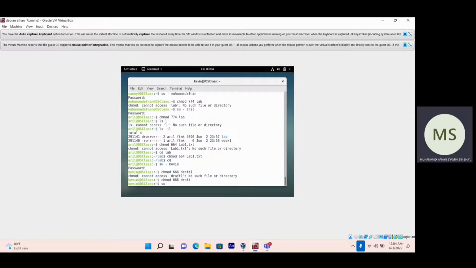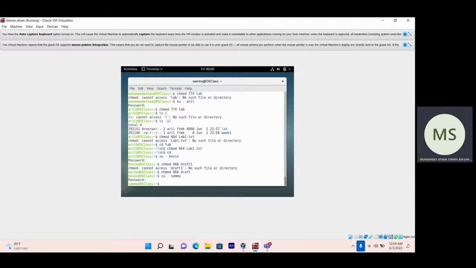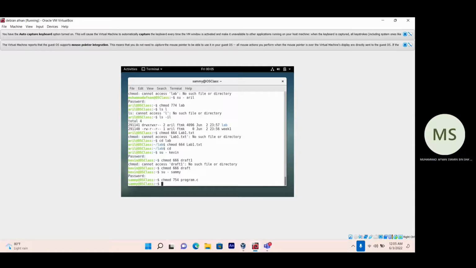We switch user to the semi. Then enter the password. Then the command is chmod programs semi. And then question 6 has to explain why Kevin cannot edit file at lab1.txt. This is because